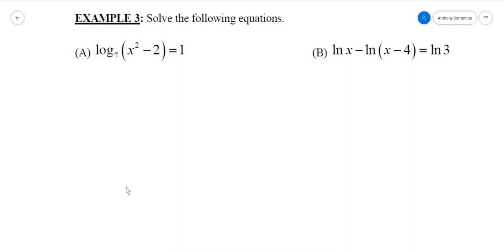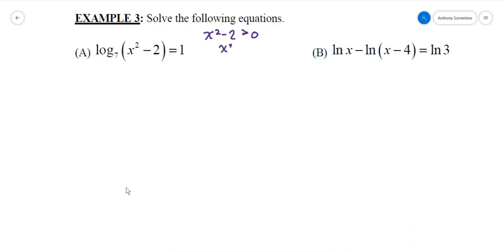And so when I look at log base 7 of x squared minus 2, there are some x values that would give me negatives or 0 in that quantity, and those I would not be able to do a log base 7 of. So that means that when I start carrying through other work here, I have to keep in mind that x squared minus 2 has to be greater than 0,